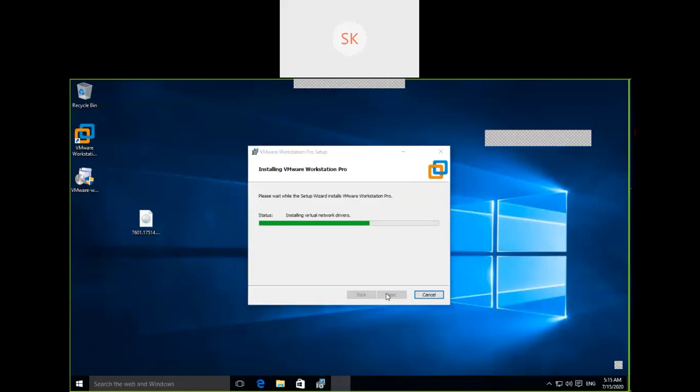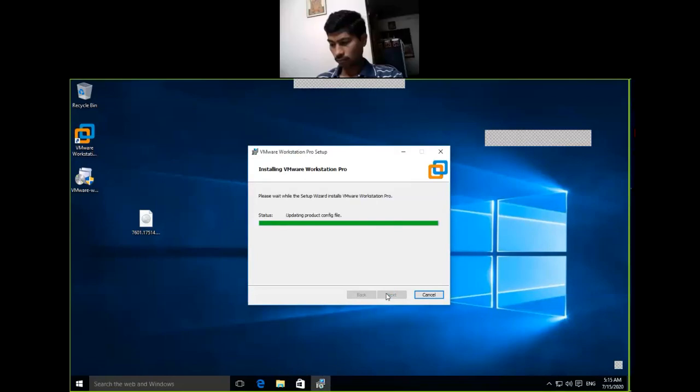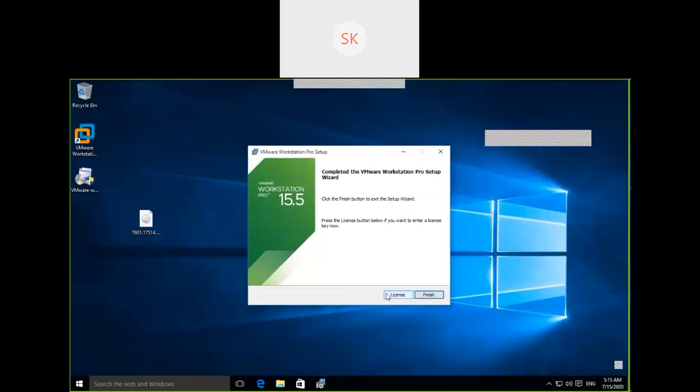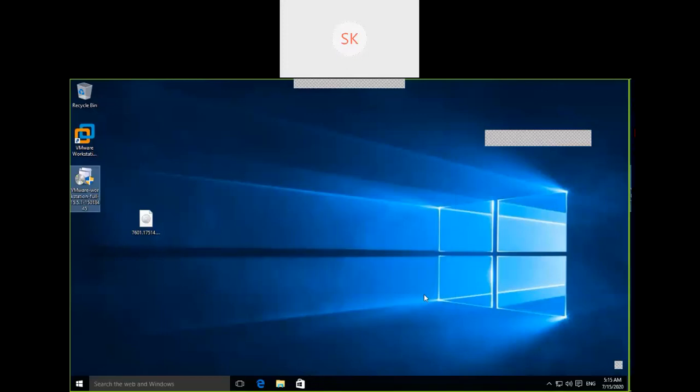An ISO image is a bootable media for the respective operating system. You can download from the Microsoft site. If you are interested, you can download from the Red Hat site also, for Linux OS. You can proceed with installation. Okay, click finish. If you have a license, you can click on license and enter the license key.